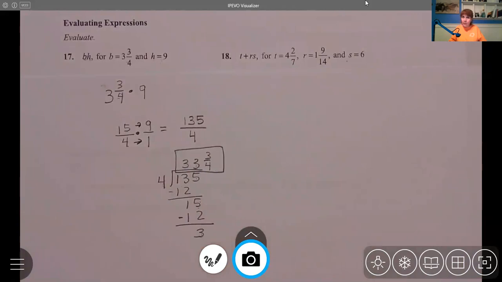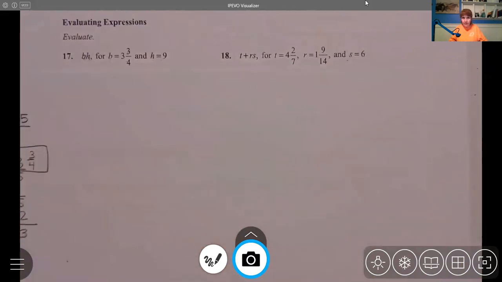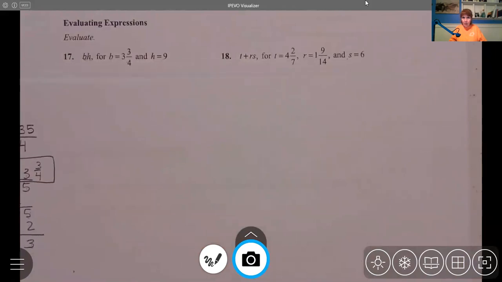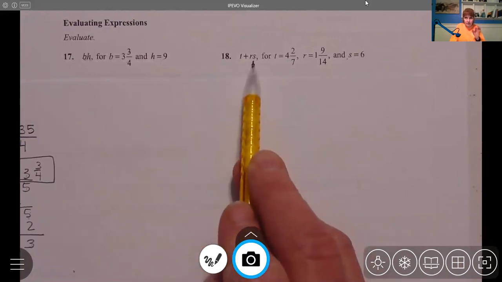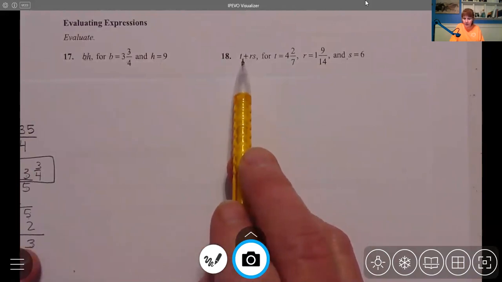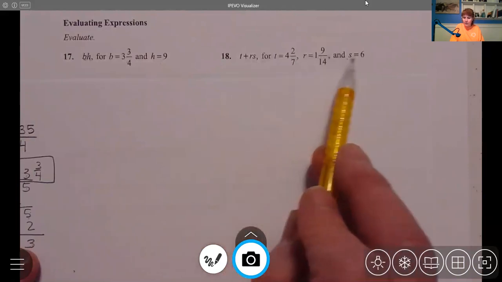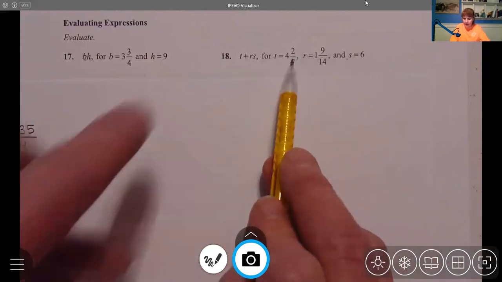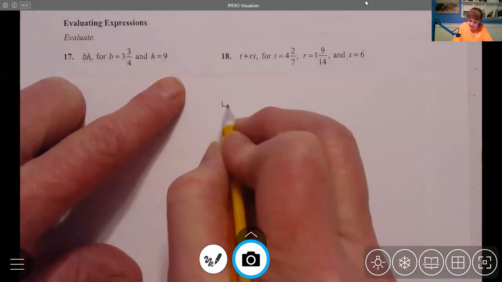We have 3 variables now, so we've added a little bit more to the problem. We're going to take T plus R times S. So the R and the S are being multiplied together. Since those 2 variables are next to each other, you're going to multiply them, and then we're going to be adding the T. So what I'm going to do is substitute the values they've chosen for each of those variables. So the T is 4 2/7